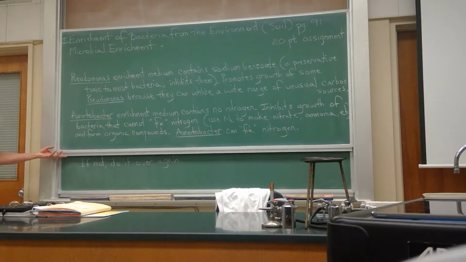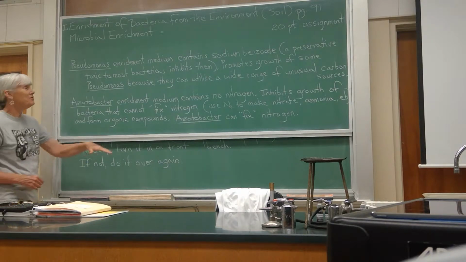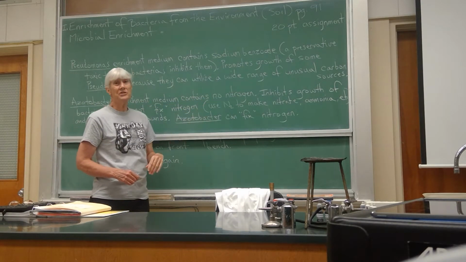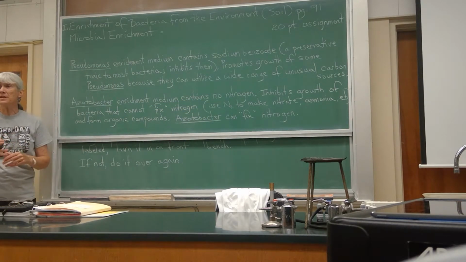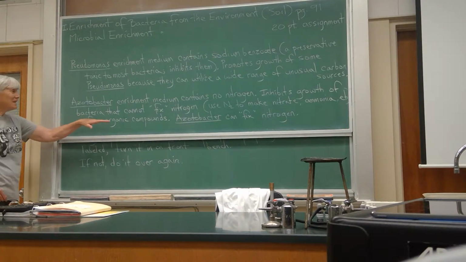Okay, our next enrichment is the Azotobacter enrichment. This medium has no nitrogen in it. Nitrogen is essential for bacteria to make proteins, nucleic acids, peptidoglycan. They have to have nitrogen to do that. So if the medium doesn't have any nitrogen, it's going to inhibit the growth of any bacteria that can't fix